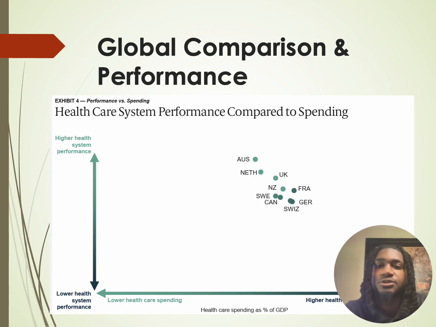To put our situation in perspective, let's look at how the United States compares globally. Currently, we spend a significantly higher percentage of our gross domestic product on healthcare than any other wealthy nation. Yet, our healthcare outcomes, such as life expectancy, often lag behind. According to the Mirror 2024 reports by the Commonwealth Fund, the U.S. continues to rank last among high-income nations in access to care, administrative efficiency, and equity, despite its record high spending.